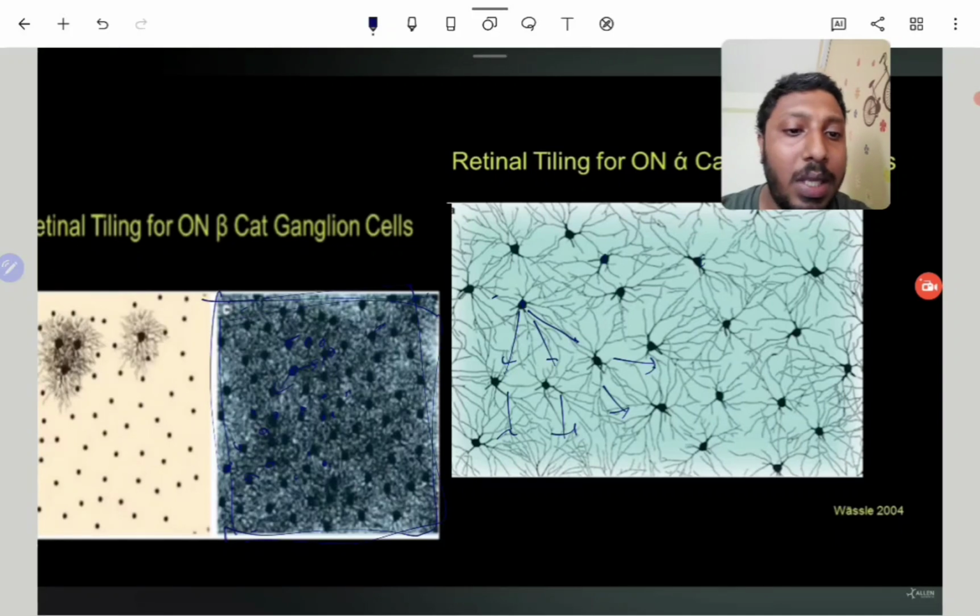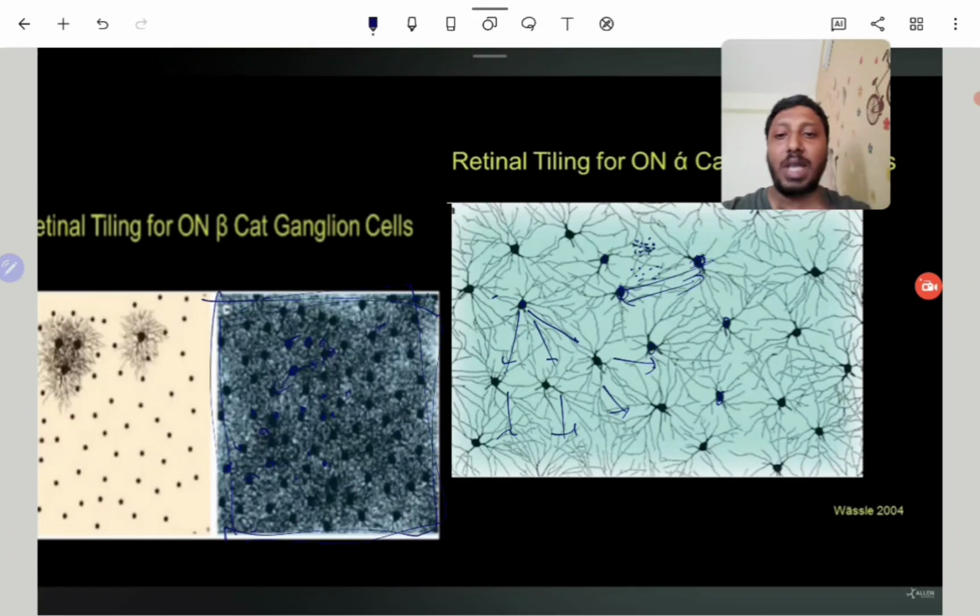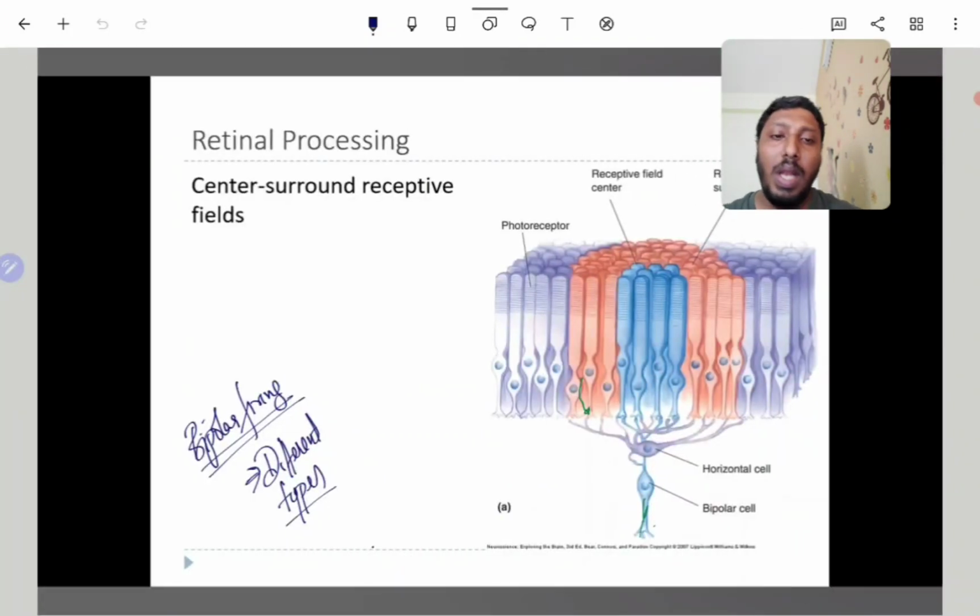In the periphery, these cells might be much further apart. Okay, motion detecting cells might be further apart. It doesn't require details. It just needs to record motion, whether something is moving or not. So for that, it requires only a wide coverage area. It doesn't require a small amount of detail. But in the fovea, everything is very, very close and densely packed, so that you can differentiate between the details. Okay, so these are all just basic facts about the anatomy of the retina. Now let's start on retinal processing.